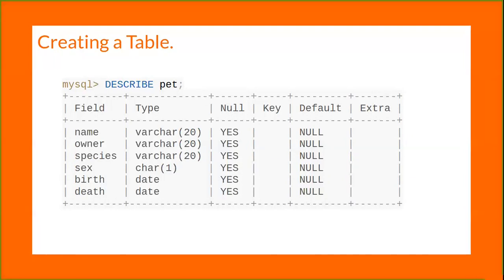Is it the key value corresponding to the field? Is it a primary key or a composite key or a secondary key? Or the default value, which shows null over here, which means there are no default values for each entry and one has to explicitly fill in values to store data, and if there are any extra fields. You can describe anytime. For example, if you forget the name of a column in your table or what types they have, you can simply use this describe command.